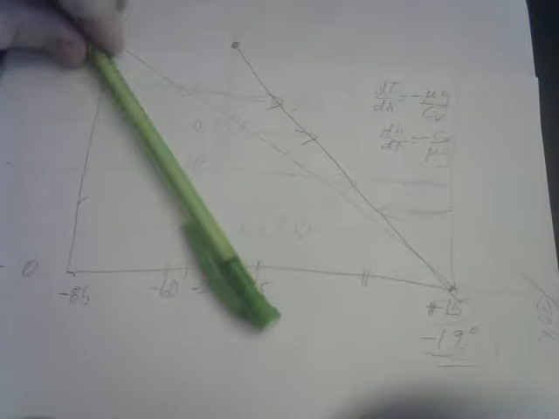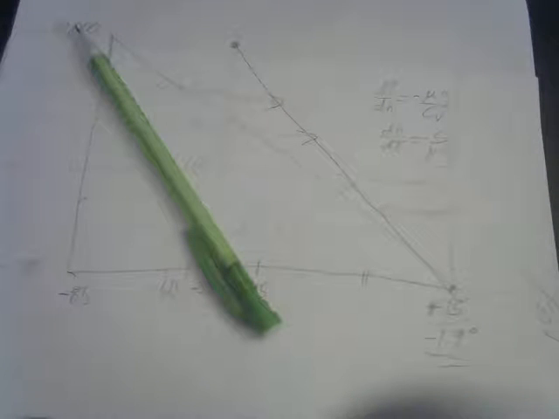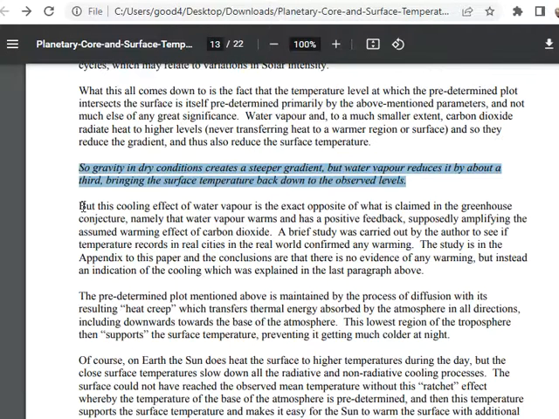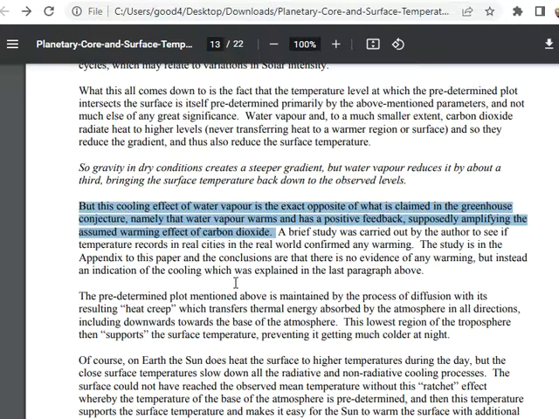I'm not sure I can make any sense of his argument, but I will see if he explains the greenhouse conjecture correctly. He says, but this cooling effect of water vapor is the exact opposite of what is claimed in the greenhouse conjecture, namely that water vapor warms and has a positive feedback, supposedly amplifying this assumed warming effect of carbon dioxide. Exactly, yeah, because we assume that the heat comes from the surface instead of from the,